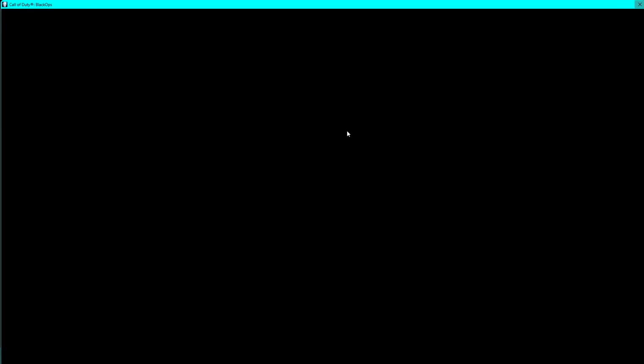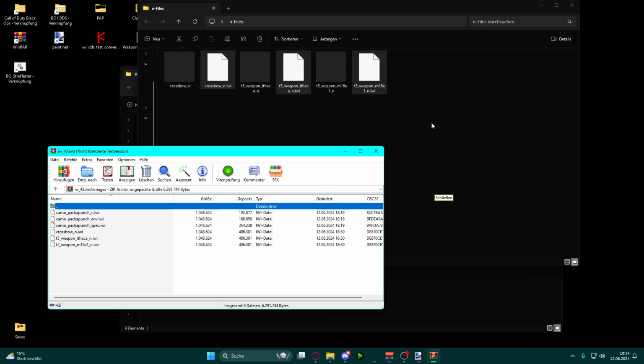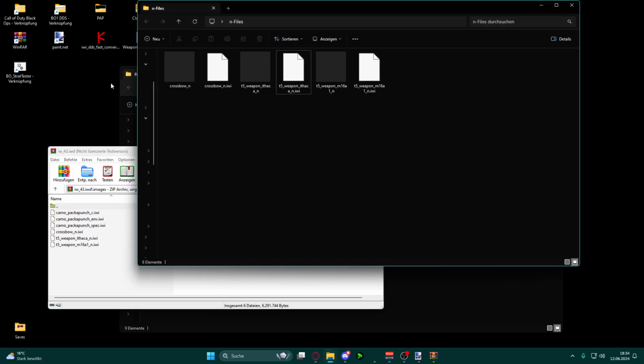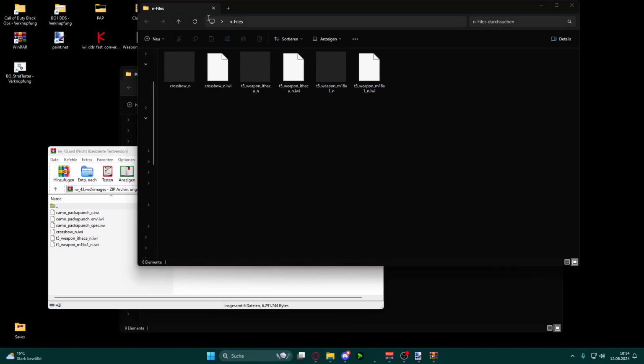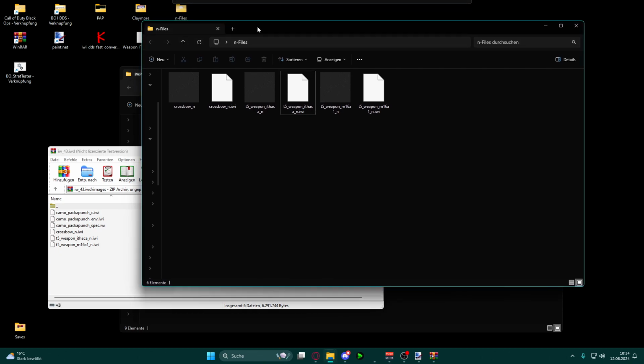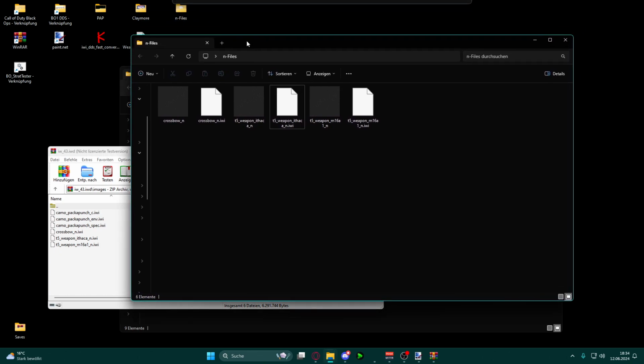But yeah, that's basically how you do N files. You can also use the N file to do something different. You can use it to imitate imprints or whatever. Basically,